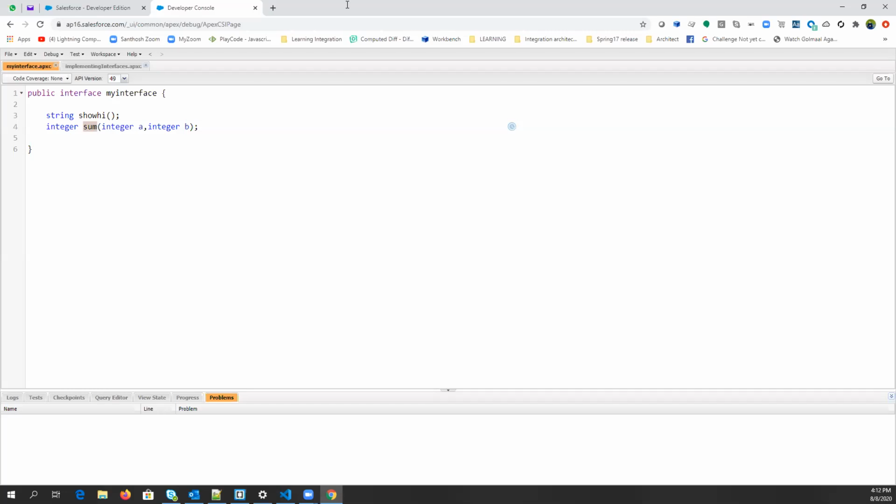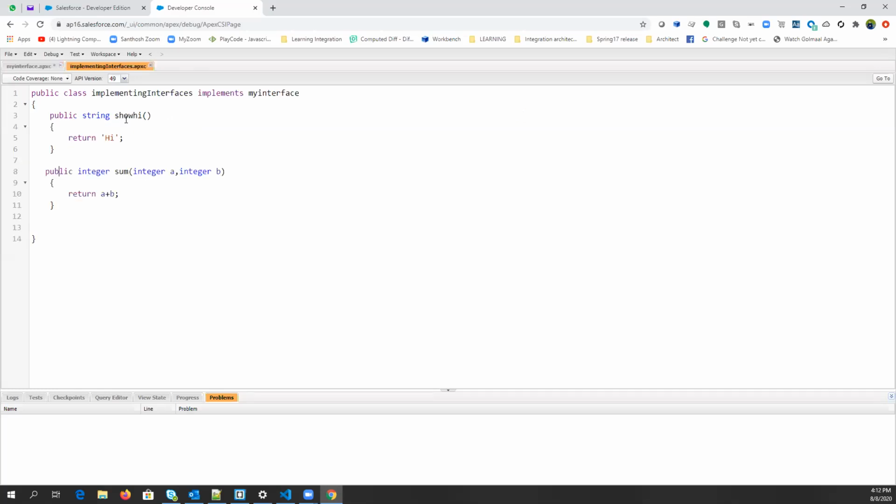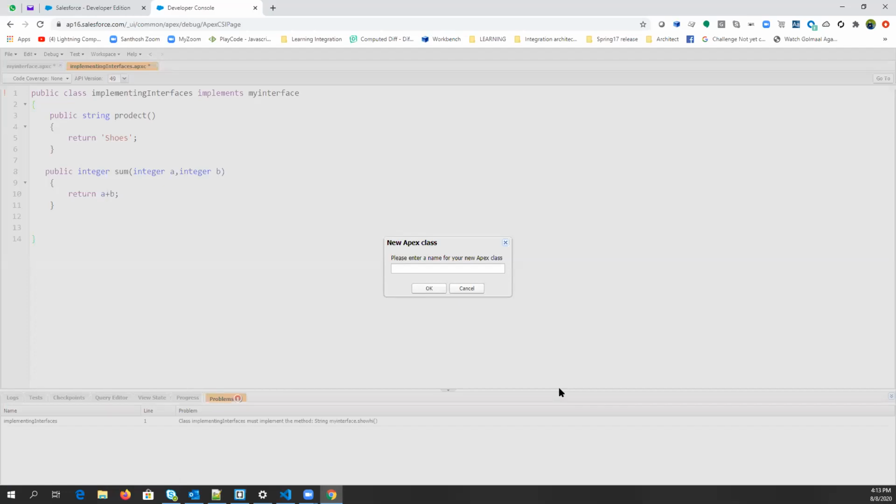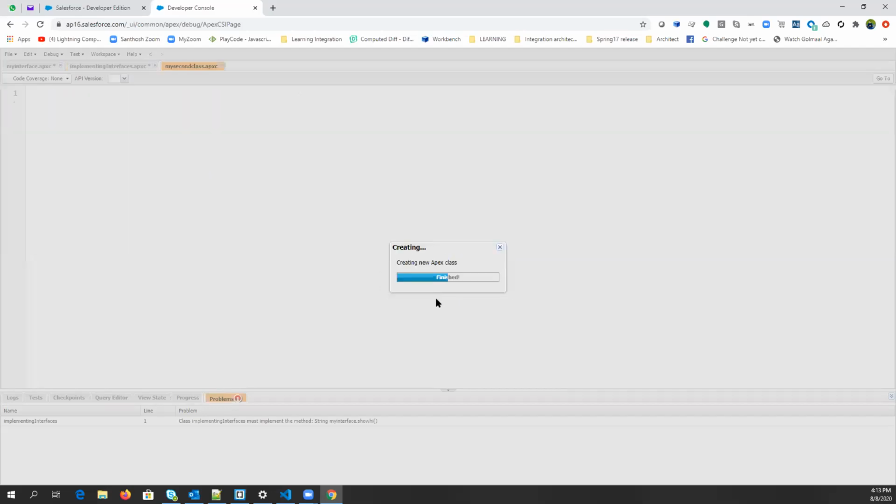Let's say this method is product, and I'm implementing this class product, and this class is returning product as, let's say, shoes. And I have one another class, my second class.